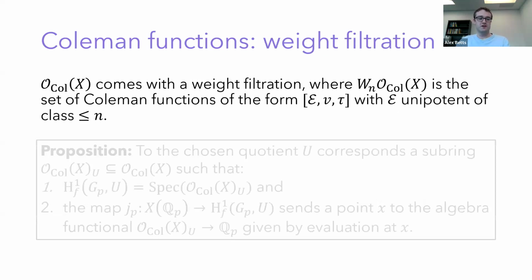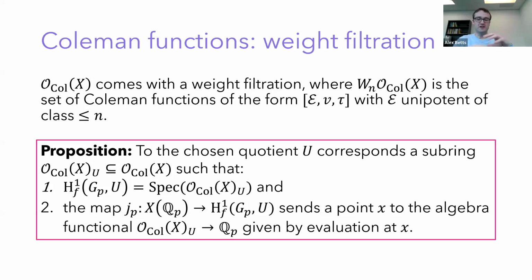One thing you can observe here is that this ring of all Coleman functions on X has a natural filtration. I can look at the subspace consisting of all Coleman functions where this vector bundle with connection is unipotent of class at most n, and that will give me some subspace of the ring of Coleman functions. What you can show is that,